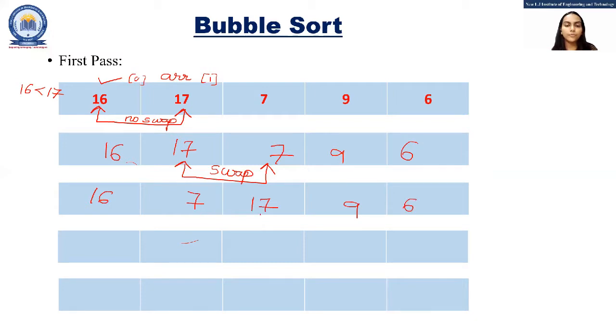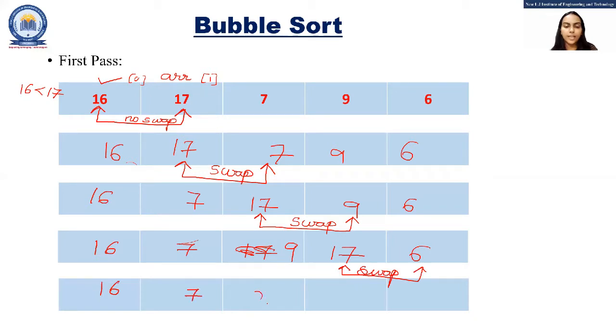Now in the third step, 17 and 9 are compared, and again it would swap because 9 is definitely less than 17, so it would be 16, 7, 9, 17 and 6, correct? In the last step, 17 and 6 would be compared, and again swapped, right? So it would be 16, 7, 9,